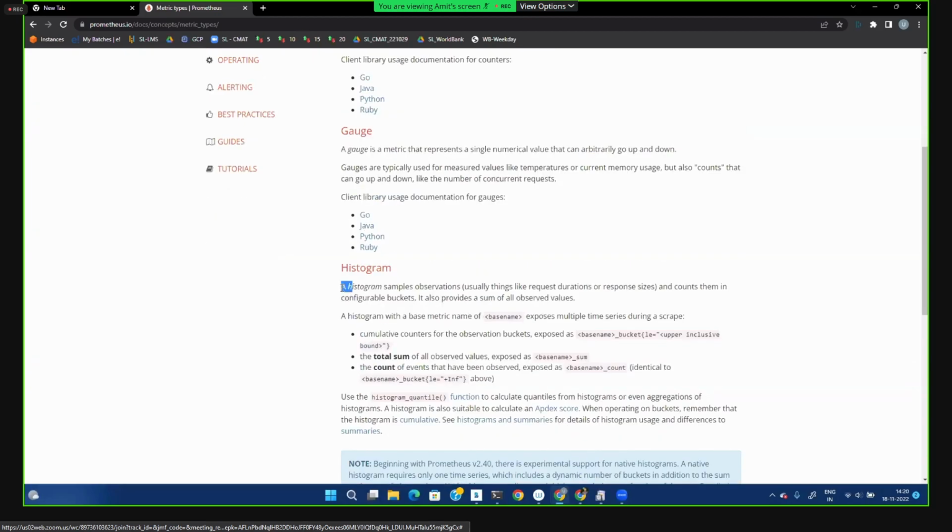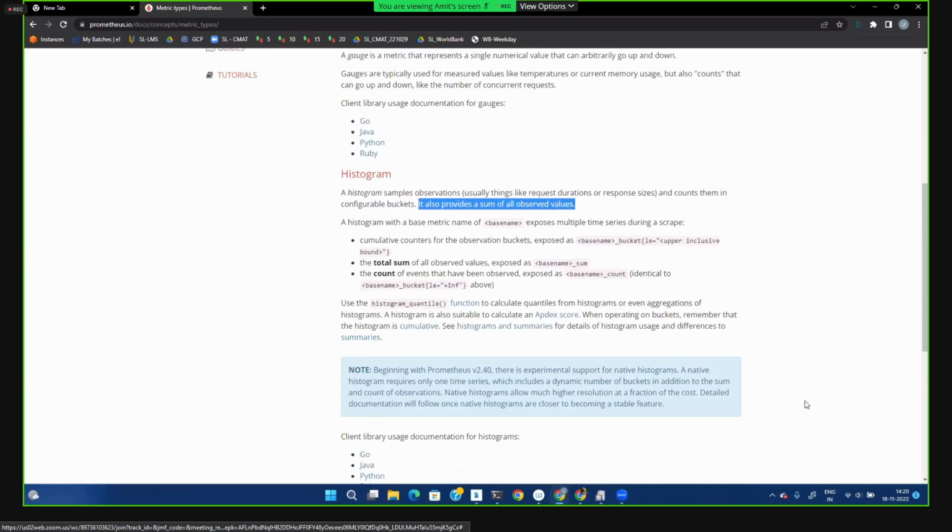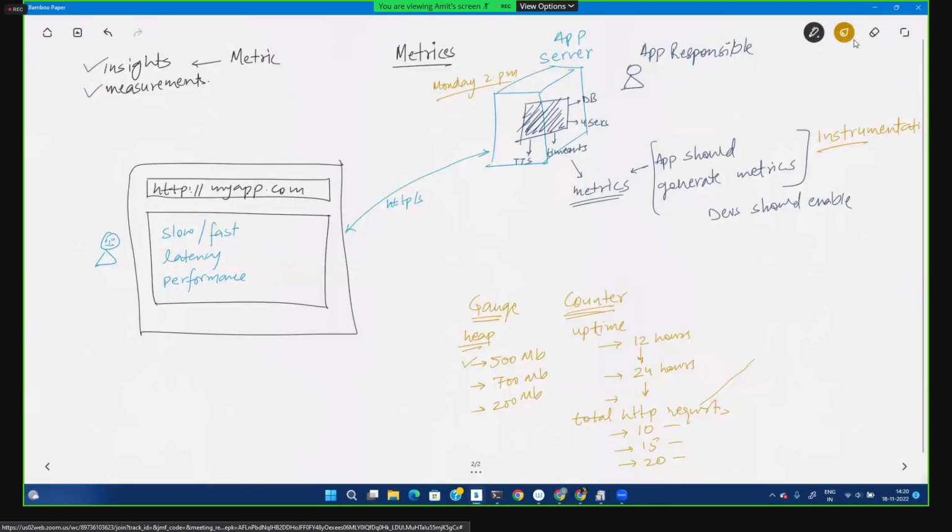So this is one metric type, right? Histogram. The histogram samples observations and counts them in configurable buckets. It also provides the sum of all observation values. A histogram means, over the last 5 minutes, what has been the